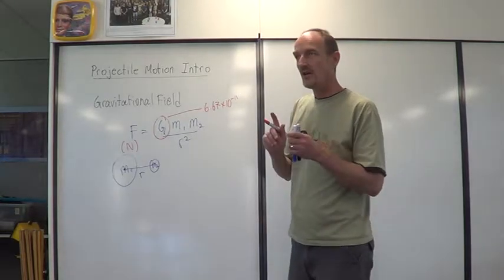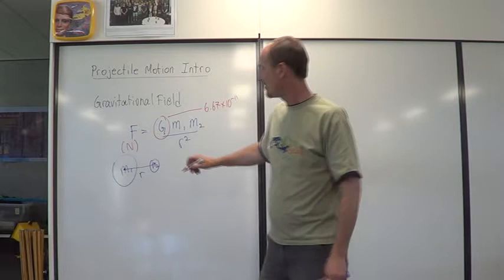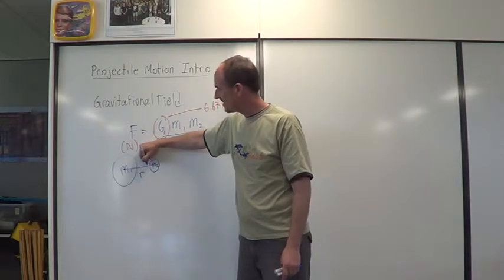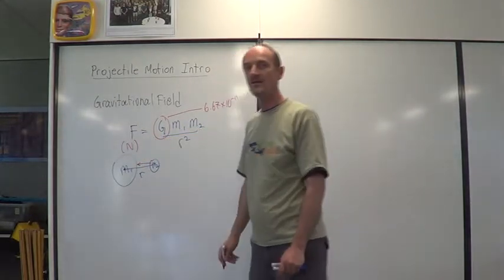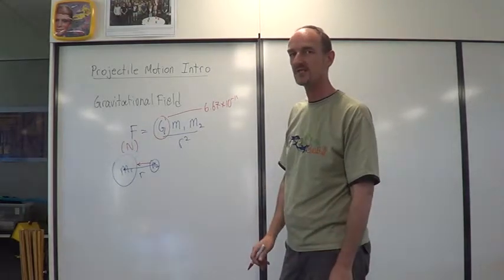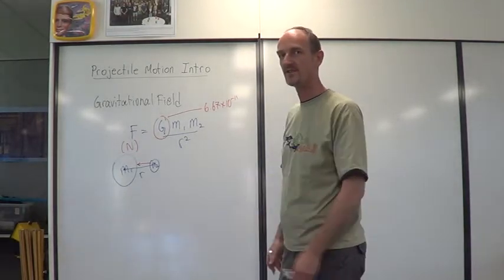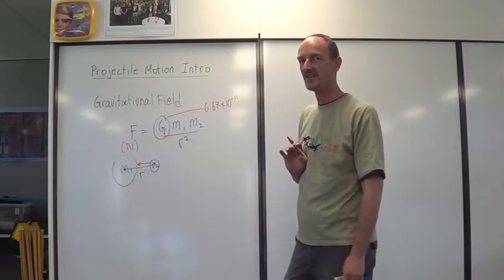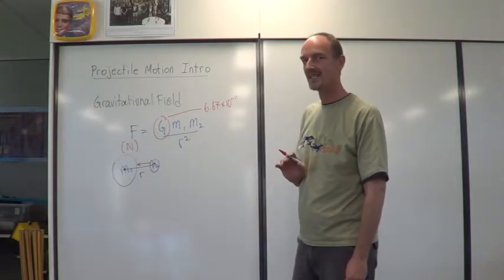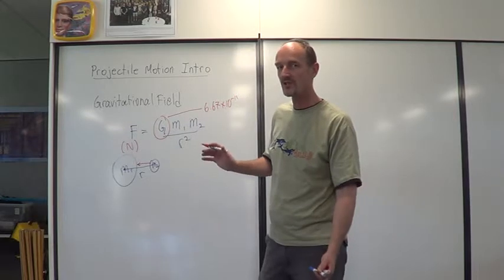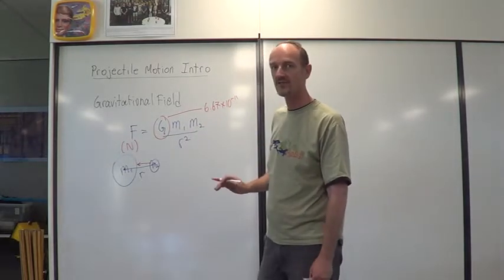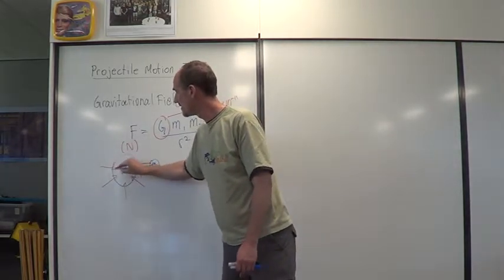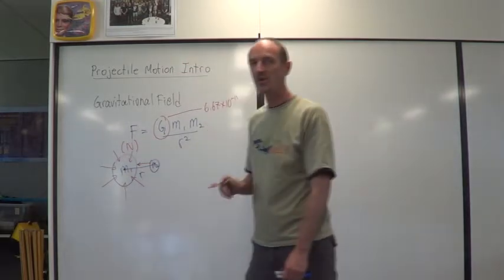So the force of gravity acts on both objects. It's a mutual force, but if mass 2 is smaller, then that's going to be accelerated towards the larger mass more than the other mass is going to be accelerated the other way. So if you think about this very carefully, you might see that if we draw the force lines for gravity around the first mass, you might see something,